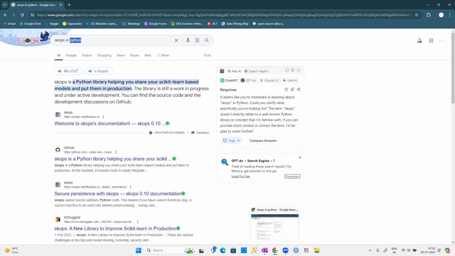Sir, what is MLOps and then SKOps, sir? Both of them are same. It is going to be MLOps, that is the technology name they are using. SKOps is nothing but your Python library. See, machine learning plus DevOps is nothing but what they call ML Ops. To implement that particular MLOps, we are going to use SKOps, which is a Python library used for implementing MLOps.